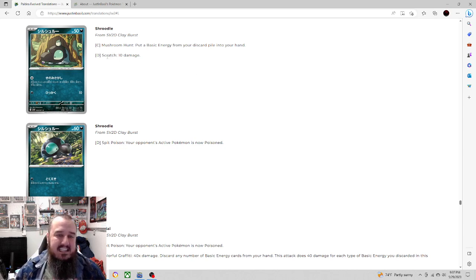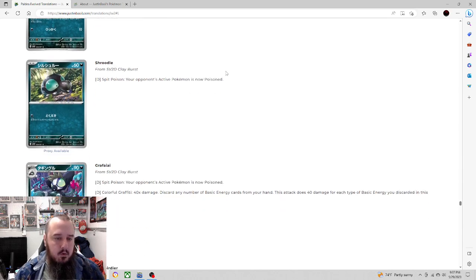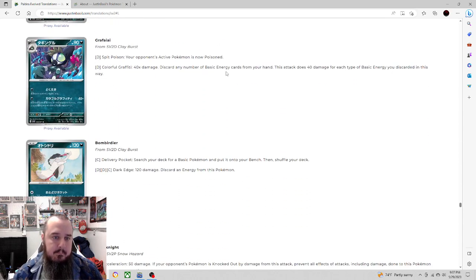The other attack here, single energy, 10 damage. We got a Shroodle, another Shroodle here, Spit Poison, single energy, your opponent's active Pokemon's now poisoned. I think I would prefer this 60 HP Shroodle over the 50 HP Shroodle. And then,